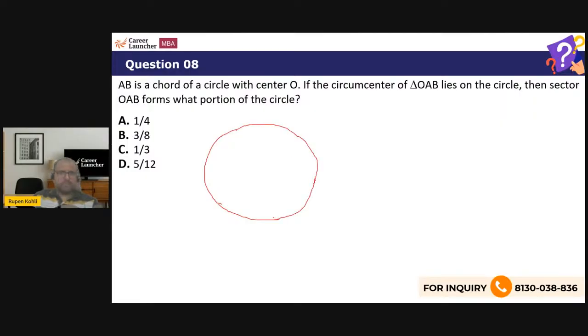Yeah, we'll do with that. AB is a chord of a circle with center O, if the circumcenter of triangle OAB. So our focus is this triangle OAB that we have. If the circumcenter of this triangle lies on the circle,